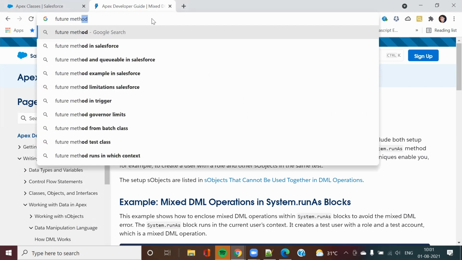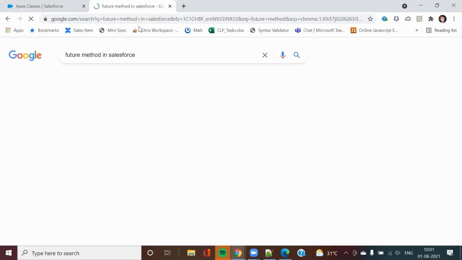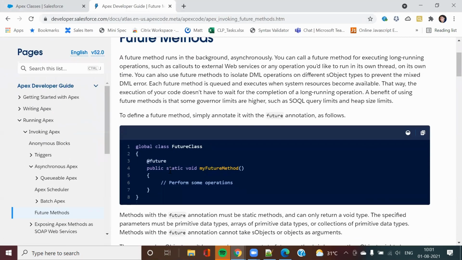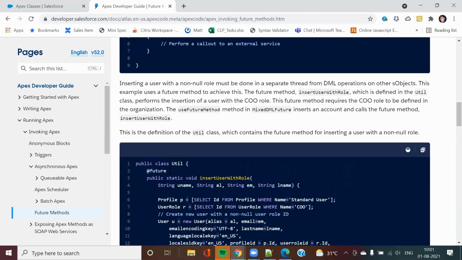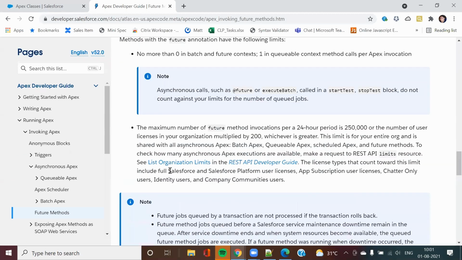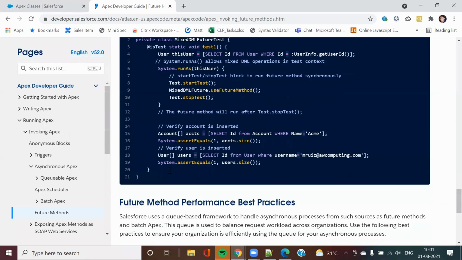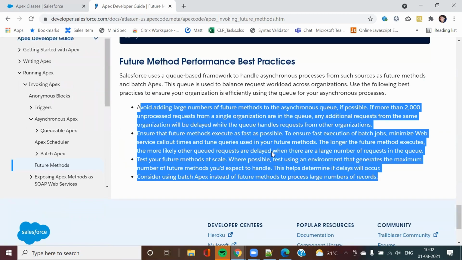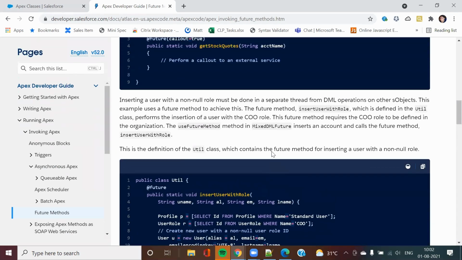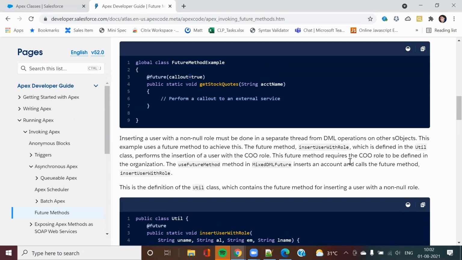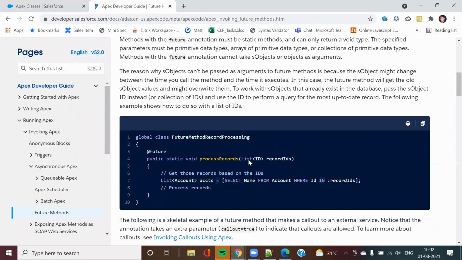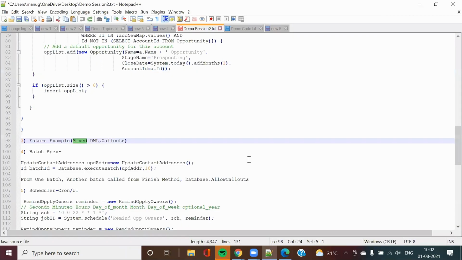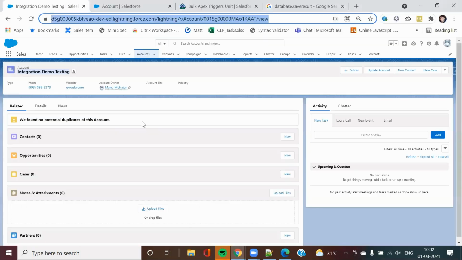These are the properties, this you can check it out. And on Trailhead also, this is there.